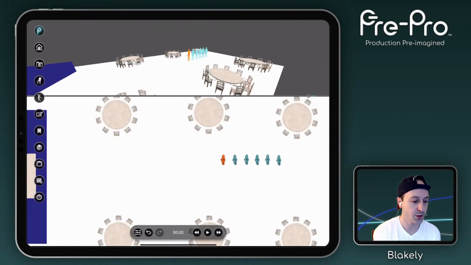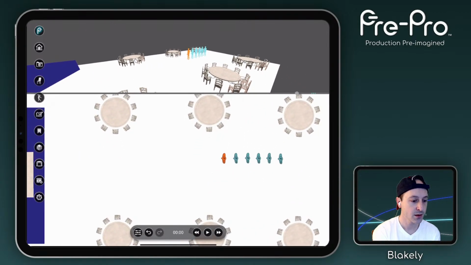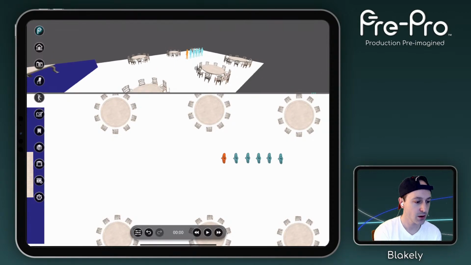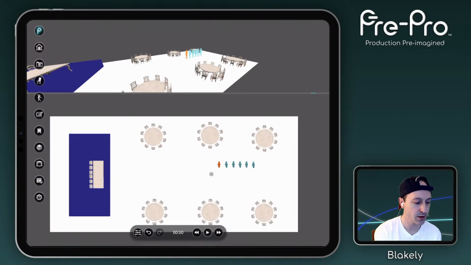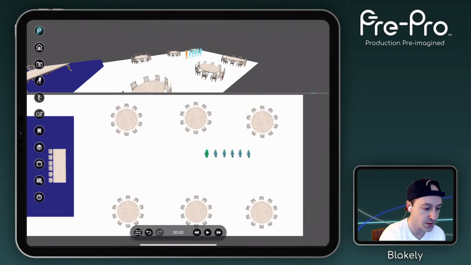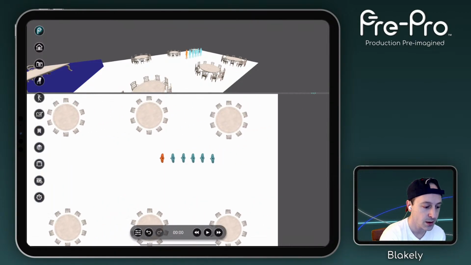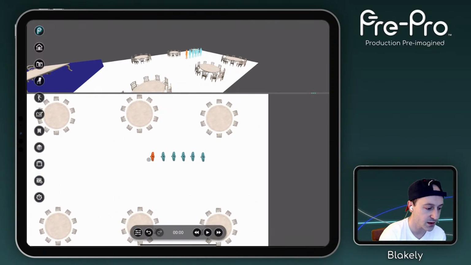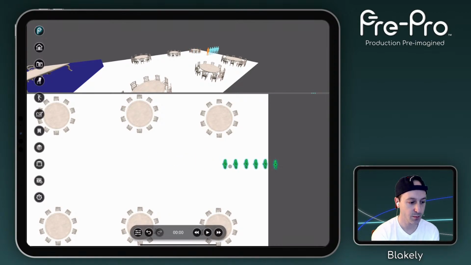So I'm going to go ahead and use more of this view here. I'm going to zoom out here as well a little bit. Since I think what I want to do, I'm going to use multi-select here, right? We're going to use this multi-select option. I'm going to start back here. I'm going to select all of our performers in this line, just like that. I'm going to move them back here as a group,